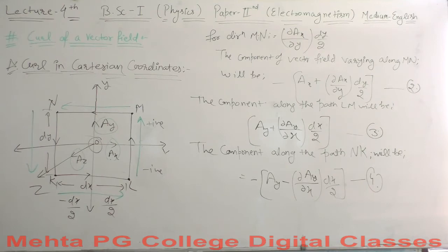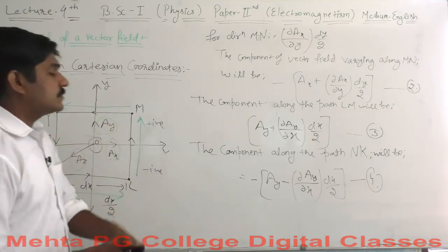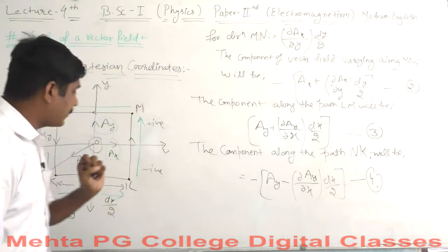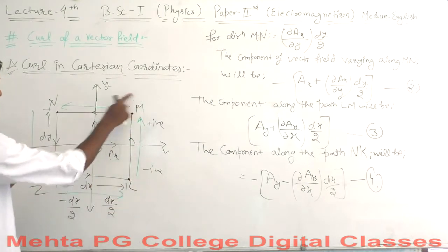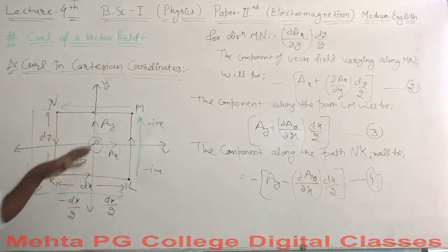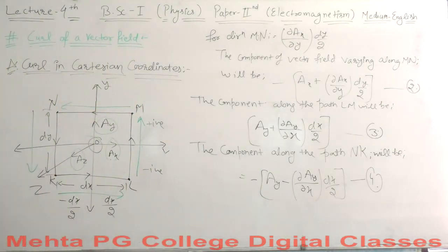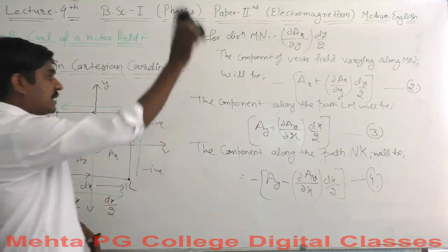So now it is our turn to find out the component of curl. We will find out the curl for which surface? For the surface KLMN, starting from K and ending at K. You can take a screenshot for your reference, then I will clear this off and we will proceed further. I hope you are done with the screenshot. Let me start further.